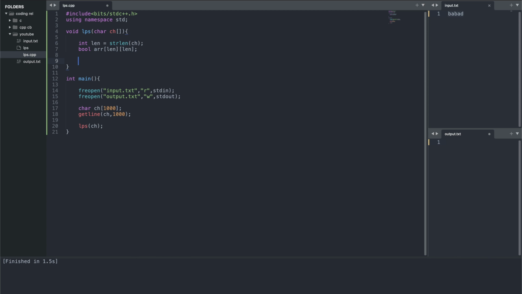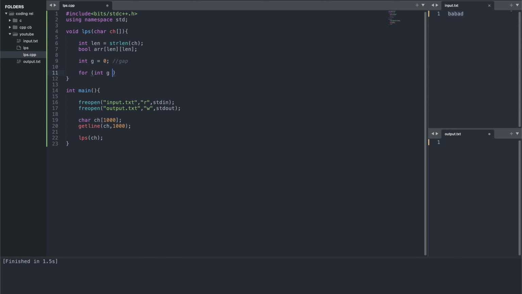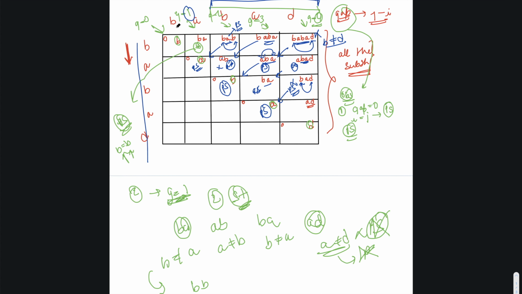All right. Now let us make an int g. G is gap. Okay, what is g? G is the gap. So for int g equals 0, g less than length, g plus plus. Okay, why we do this?